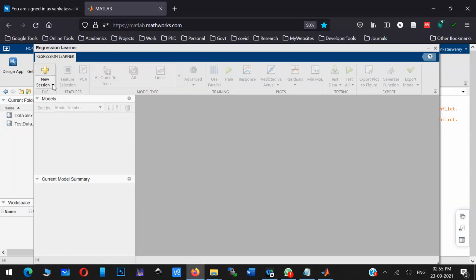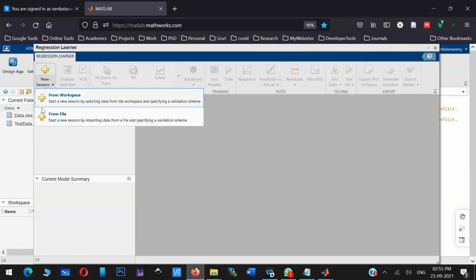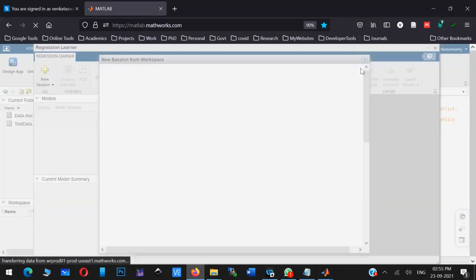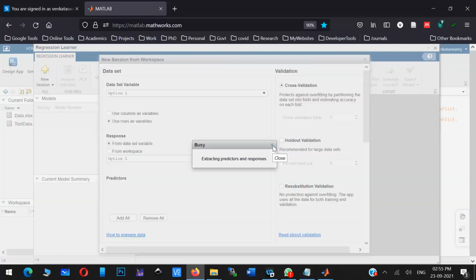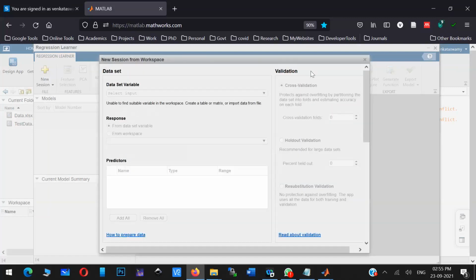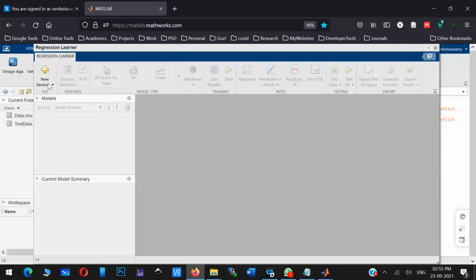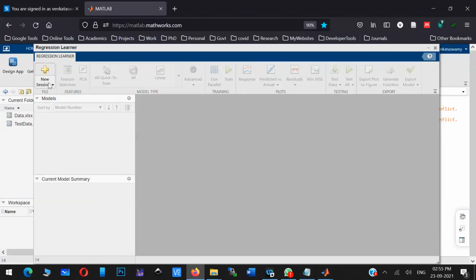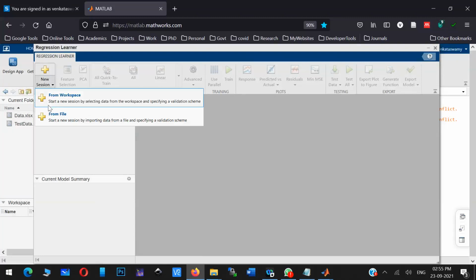Why is it not selecting? You have to select the data. I don't know why my cursor is not coming.